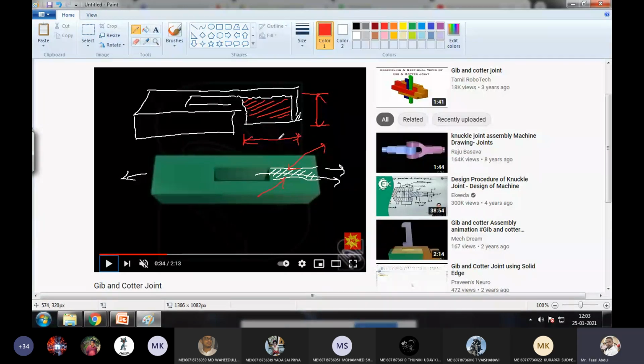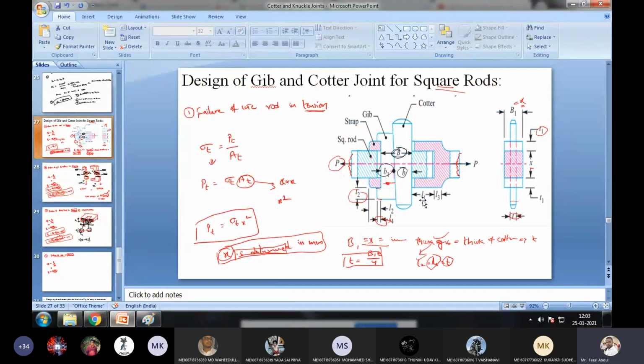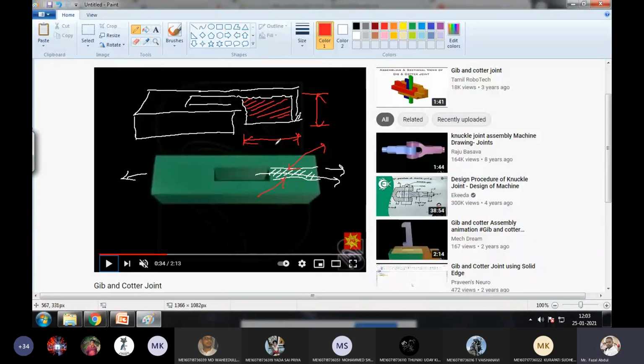So this one is the length. How much is it given here? The value of length is L1. Now what is this width? That is x. From here to here, that is L1, and here to here it is the x value. Now what is the area here? The failure area is x into L1. Because we are facing two surfaces of failure area, one for this and one for this, two failure areas, for that reason multiplying with 2.